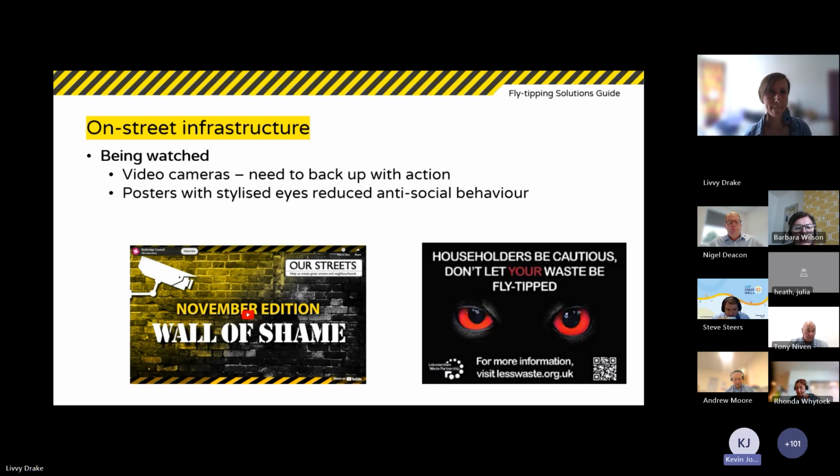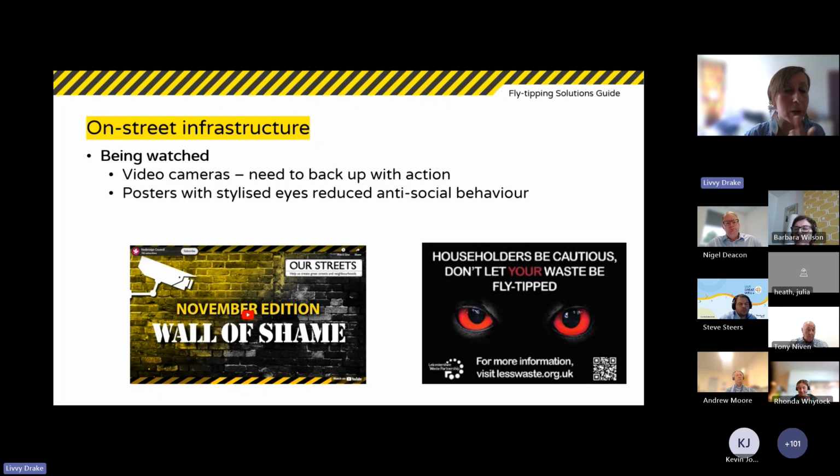I can't see us being in a similar position with that. We've come across a lot of GDPR stuff, and putting images up of people isn't something that we would do in general. No, that's why I did say that's something to look into, and it's in our guide as a proceed with caution. But are there ways that you can demonstrate that the waste being dumped, that you've got footage of it, and say this person is being investigated? How can you use your CCTV to publicise that you're investigating things, in the same way as the stickers on the bulky waste, or the recycling going out on the wrong days? How can you demonstrate that there is accountability?